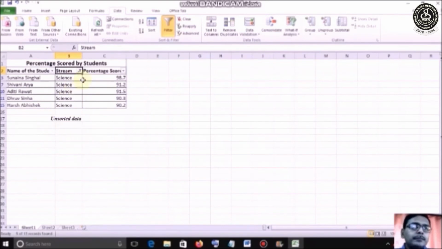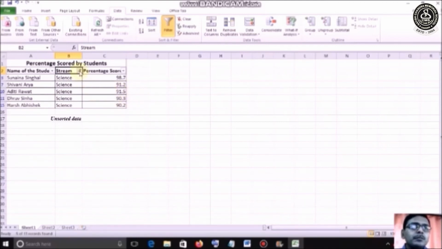As you do, you see that a filter icon appears on the stream column heading, since based on this column the data is being filtered. And see, all the filtered rows are marked in blue color: 3, 7, 10, 11 and 15. These rows are only showing because they match the criteria where stream is equal to science. Others don't match, so that's why they are hidden.